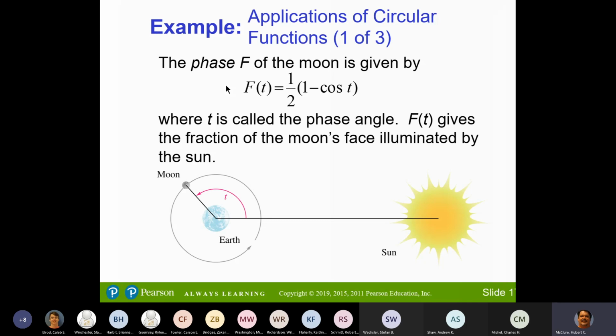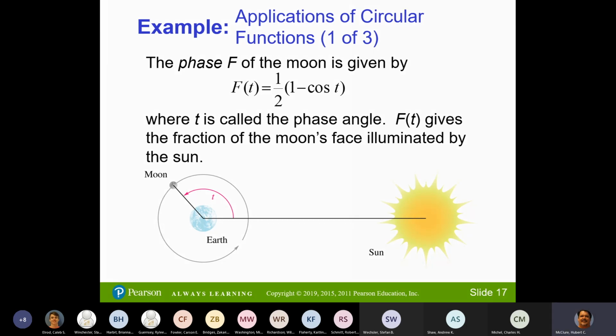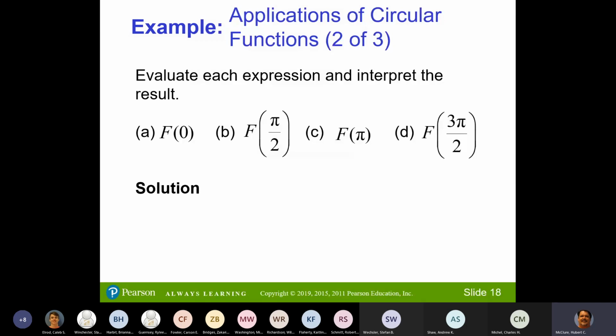So f of t is equal to 1/2 times 1 minus cosine of t. And they want you to do f of 0, f of pi over 2,